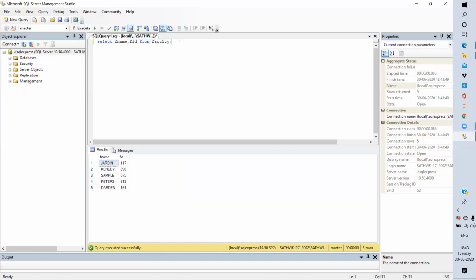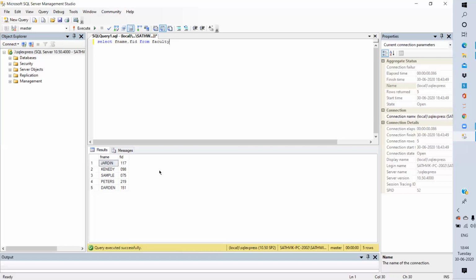And we can use the where clause also. The where clause is used if you want the data of a specific type of record. So here we use the where clause.